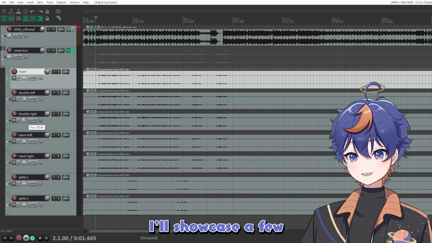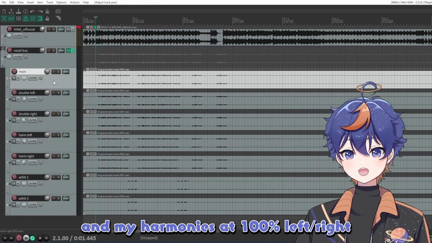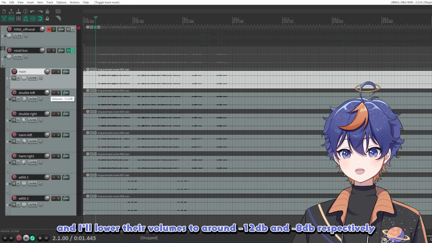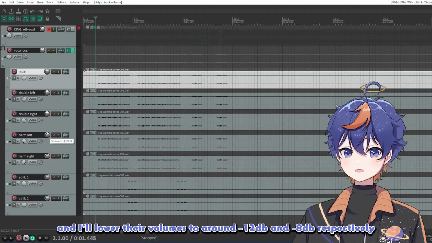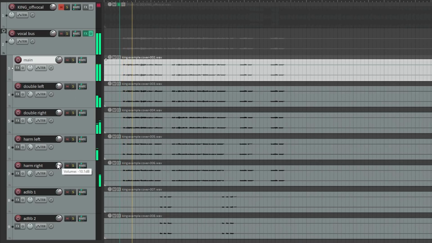I'll showcase a few. For starters, let's pan our layers. I'll put my doubles at 50% left and right, and my harmonies at 100% left and right, and I'll lower their volumes to around -12 and 8 decibels respectively. Just listen until it sounds subtle but full. Left side, right side,